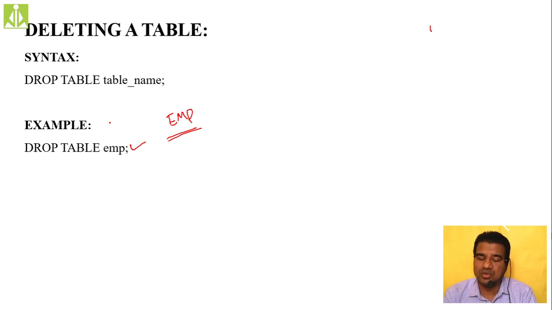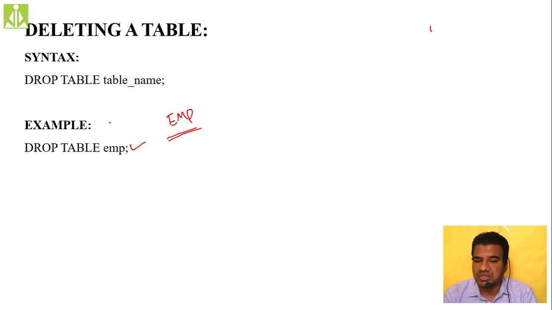So make yourself comfortable with this command for deleting a table. The drop command we are using: drop table, table name. It will delete not only the internal content of the table but also the structure and definition of the table. Everything it will delete. Simply zero trace, no trace we are going to have after the drop command on a particular table.